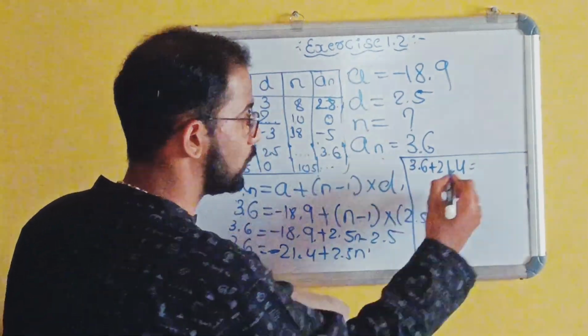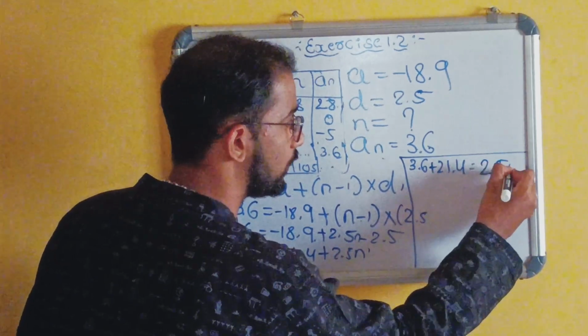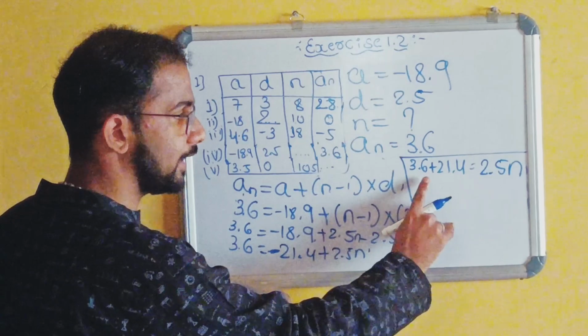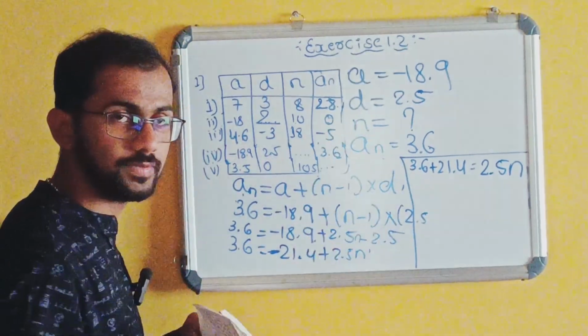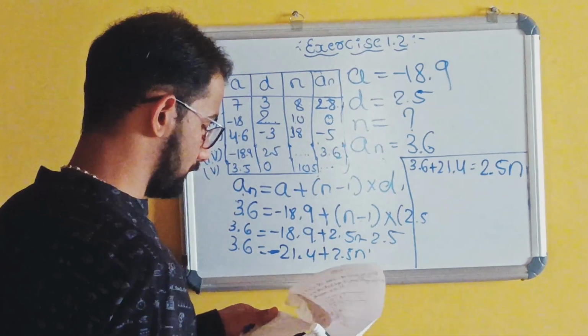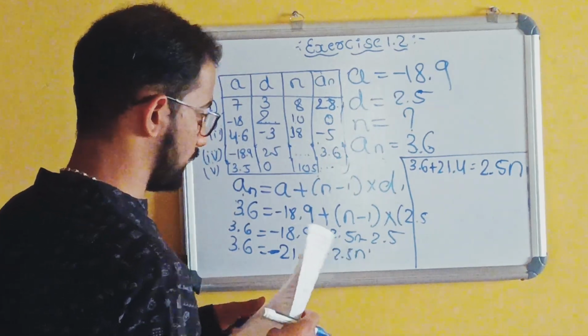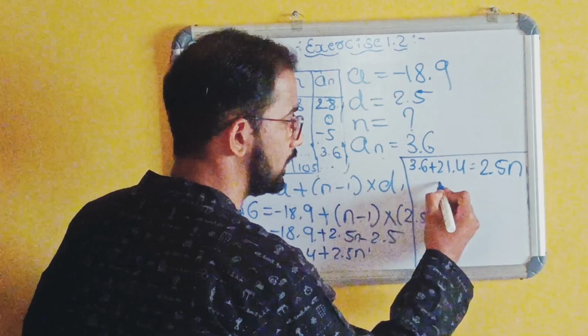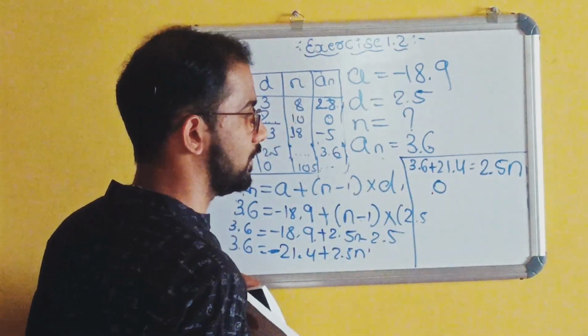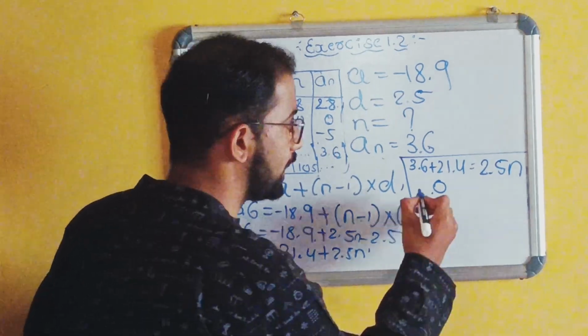So here the only remaining term is 2.5 N. What is 21.4 plus 3.6? Then 21 plus 4, 25